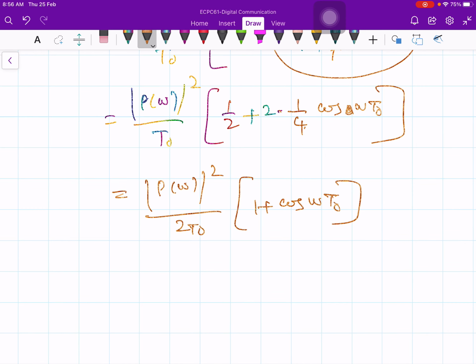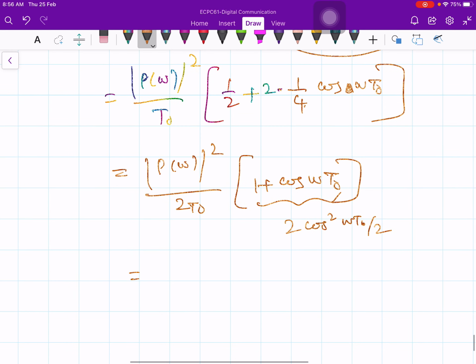So let's simplify it further. 1 plus cos omega T0 can be written as 2 times cos squared omega T0 by 2. Therefore, it is P of omega squared divided by T0 times cos squared of